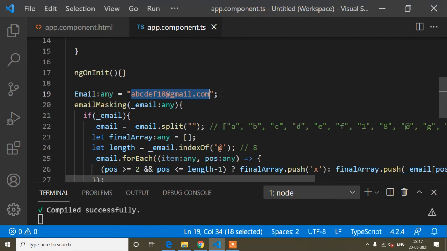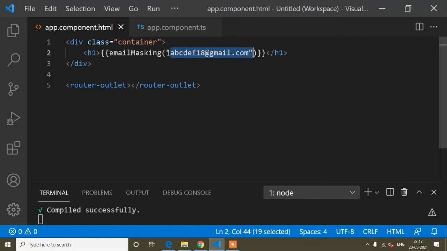So for showing that, I have written a variable, and then I have assigned an email inside this variable. So I will copy this email variable, and just here I will pass this email variable.